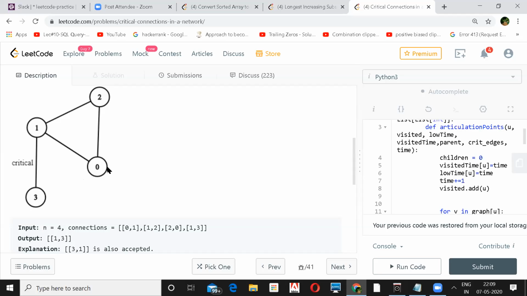So you have used something like in and out time. Yeah, there is this algorithm called Tarjan's algorithm, which uses in and out time. Yeah, we can go through it if somebody wants to explain Tarjan's. I think you can share.